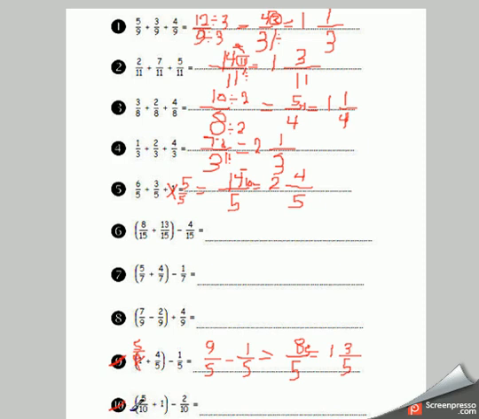Okay, so the next one, mister, I have 1. I will cancel it and replace it by what? By 10 over 10, because the denominator is 10. 5 plus 10 equals 15 over what? Over 10. The denominator, I can't do anything to the denominator. Minus 2 over 10. After that, I should subtract. 15 minus 2 equals 13